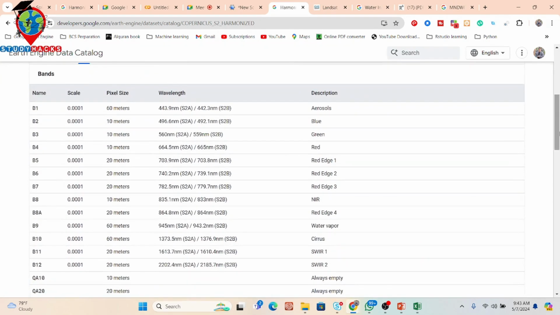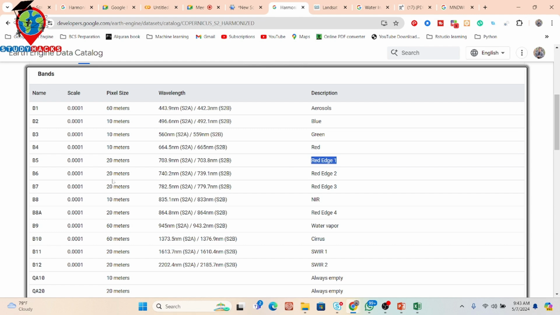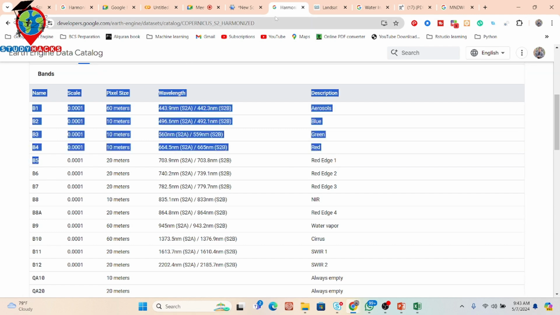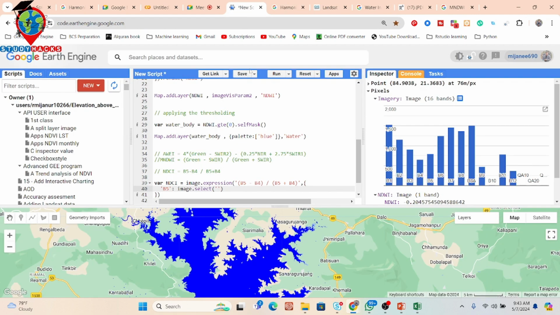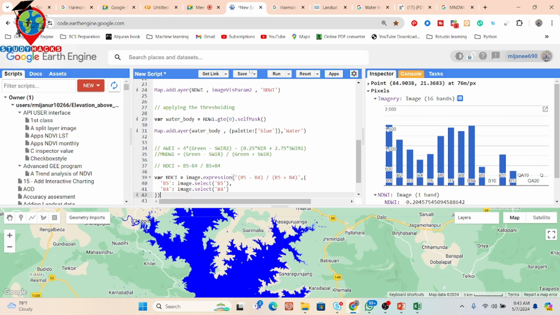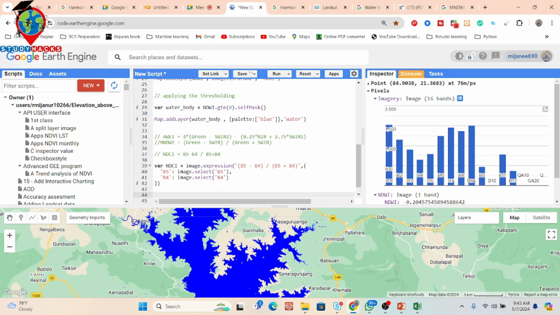And here you can see that red edge 1, it is band 5. Simply put here band 5, and then put here band 4, just put B4. It also comes from this image, and select the specific band 4, the red band. So now when I apply it, suppose I put here Map.addLayer